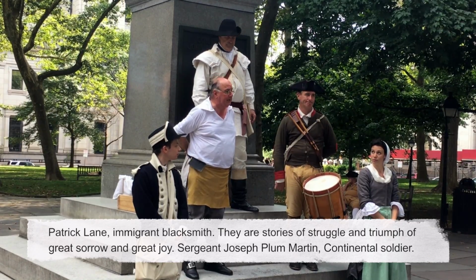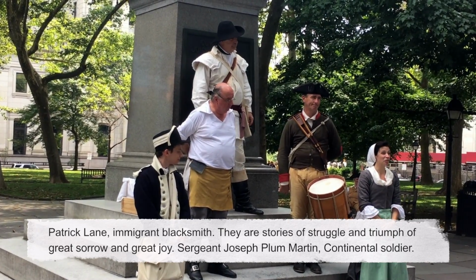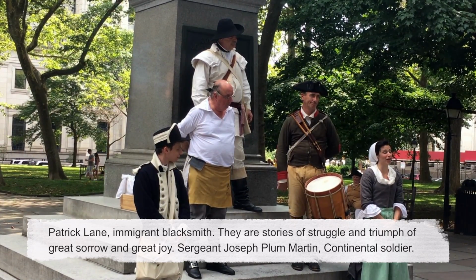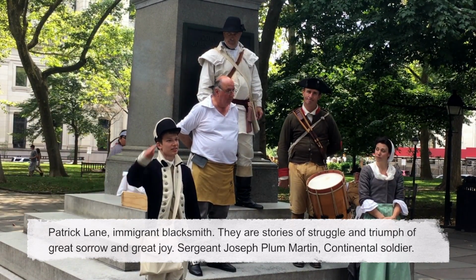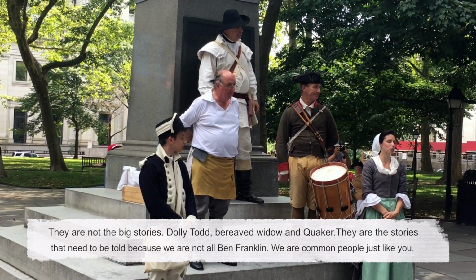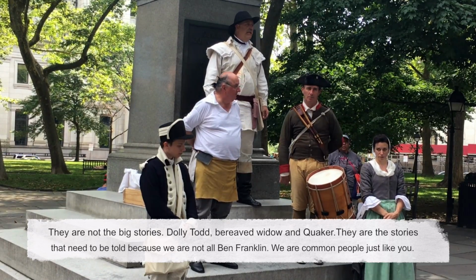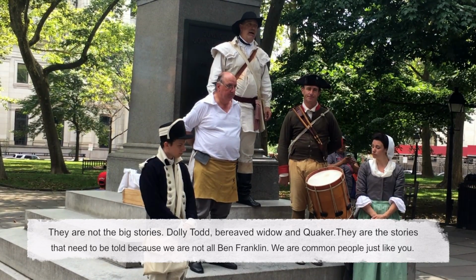Patrick Lyon, immigrant blacksmith. They are stories of struggle and triumph, of great sorrow and great joy. Sergeant Joseph Plum Martin, Continental soldier. They are not the big story. Dolly Todd, bereaved widow and Quaker. They are the stories that need to be told because